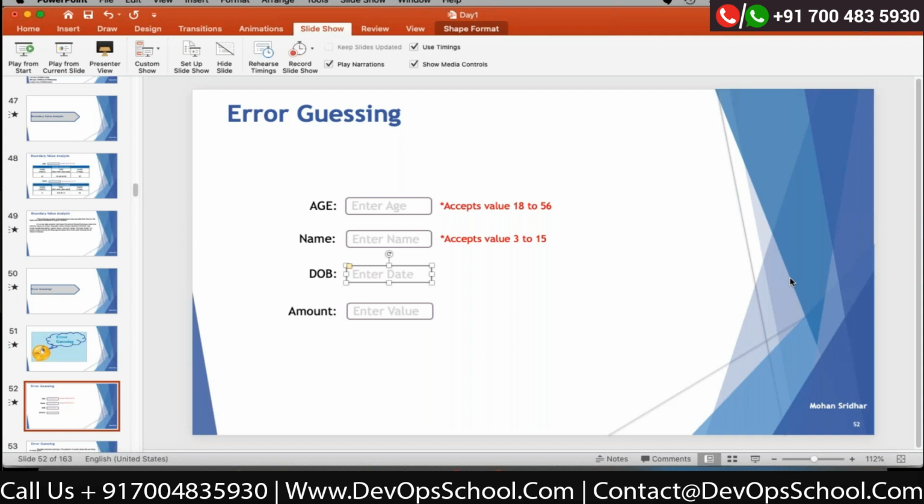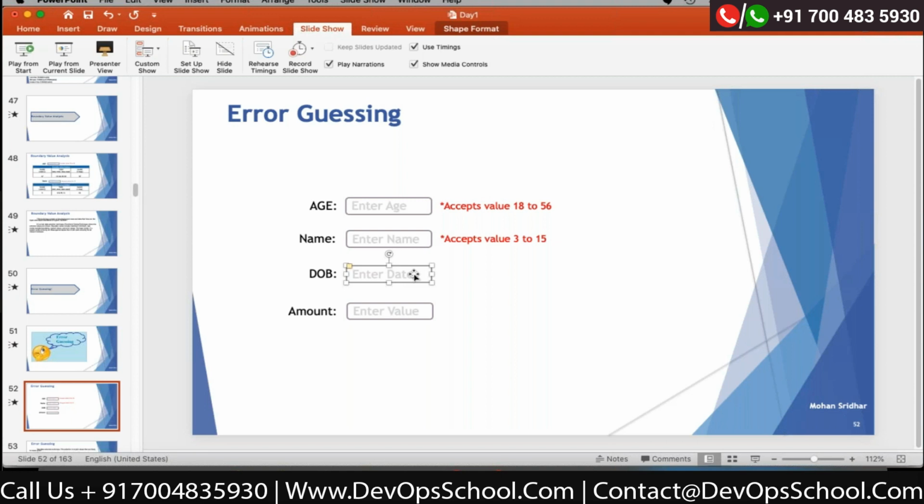So the error guessing technique is completely different. Based on your experience, we'll use the boundary values for any field. Here for the date field, we'll do the boundary values on the date of birth. If I select a date of birth less than 18 years or more than 18 years, we'll apply all the boundary values. Here error guessing is on the leap year: whether the calendar has 29 days or not. If it has 28 days, it's an issue.